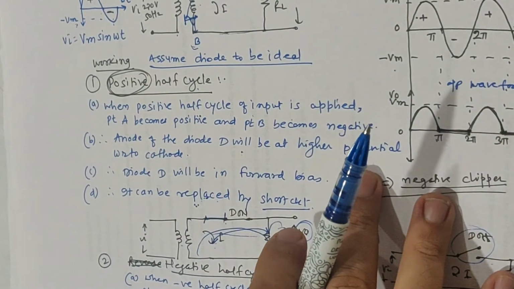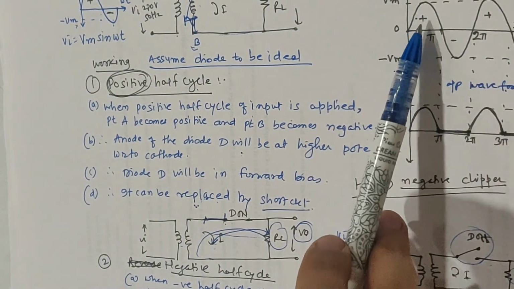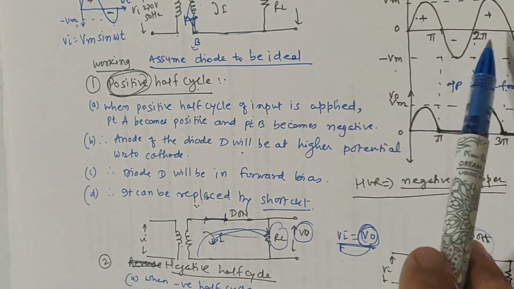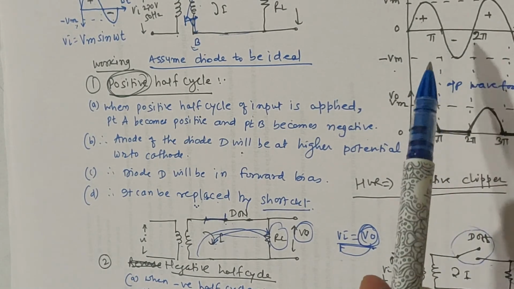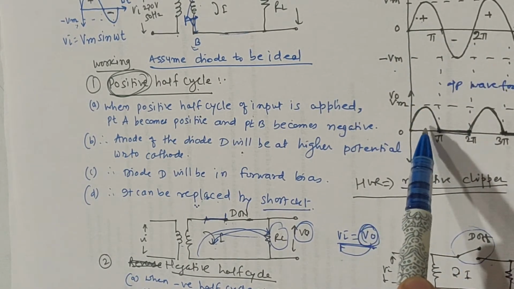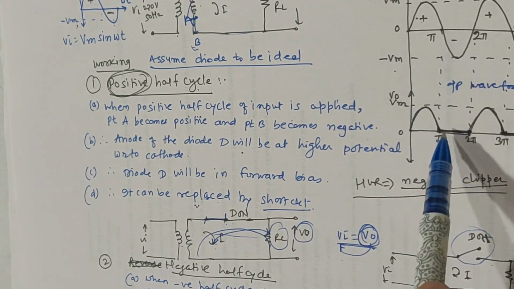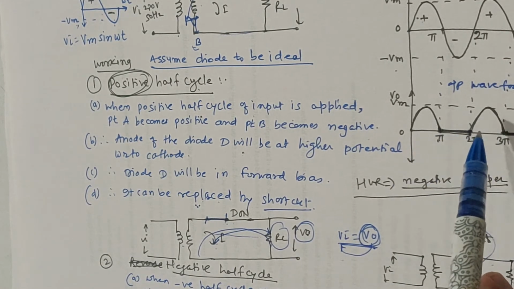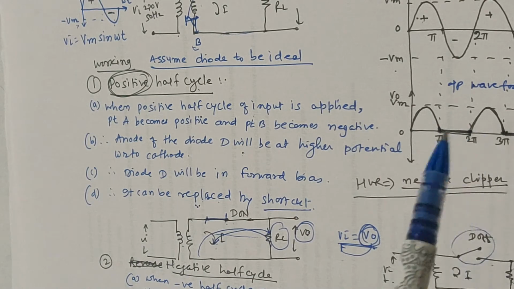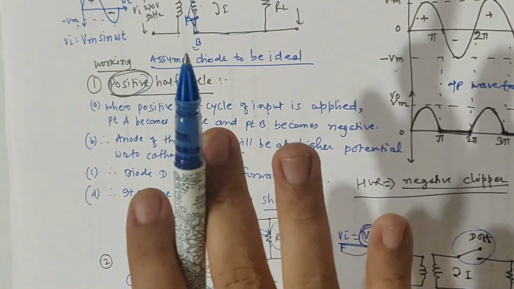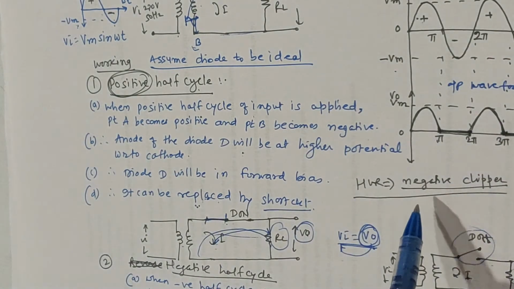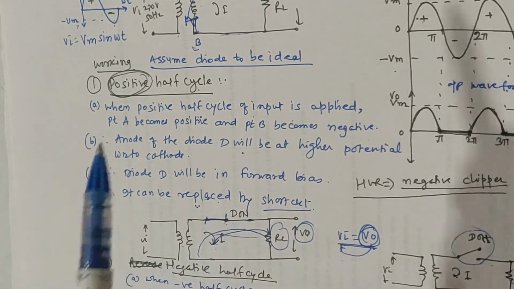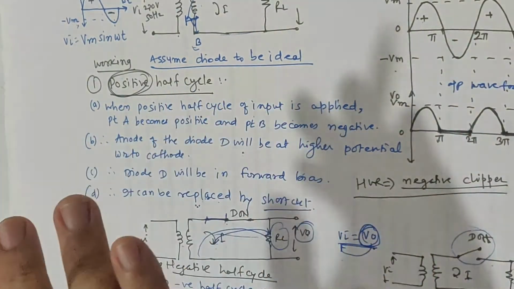Then we have seen the waveforms. See the input waveform. It consists of positive and negative half cycles. I have taken the time frame 0 to pi to 2 pi to 3 pi to 4 pi. Then in the output you can see when I apply the positive half cycle, the output will be equal to input. When I apply the negative half cycle, the output is going to be 0. So the output will be 0, then reach Vm, then 0, and so on. So only positive half cycles will be at the output, the negative half cycles will be clipped, and that's why it is also called a negative clipper, or a half wave rectifier, because your output is only half cycle, the remaining half cycle is removed.